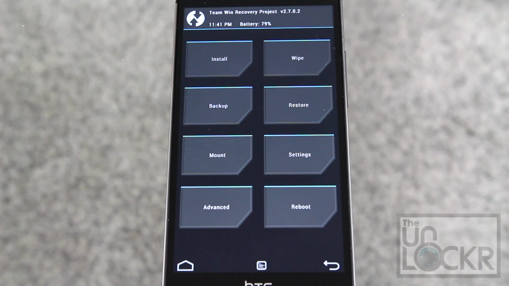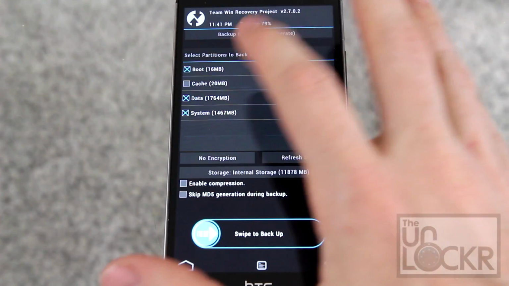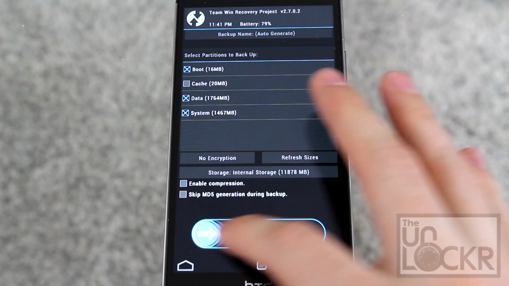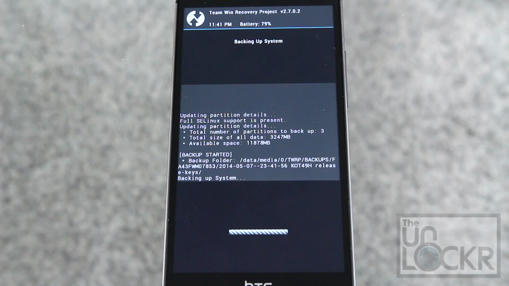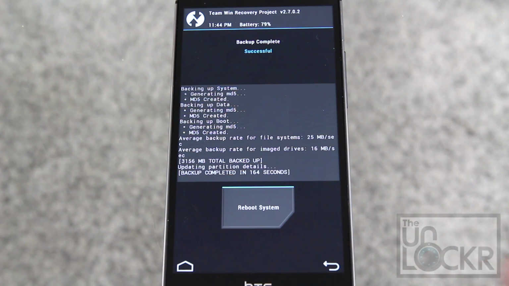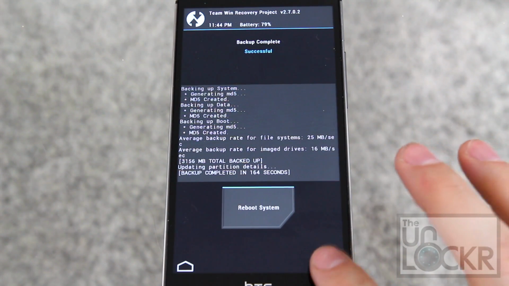Then, before you flash any ROM, you should always do a backup. So we're going to do a backup and swipe and wait for that to back up. Warning, it will take a little bit of time. Once it's done, you're not going to hit reboot system. You're going to hit back,